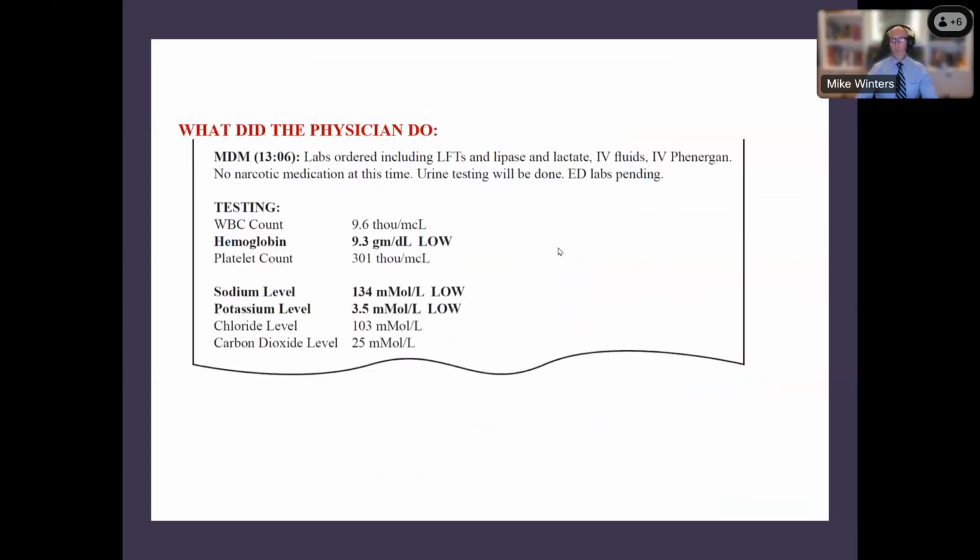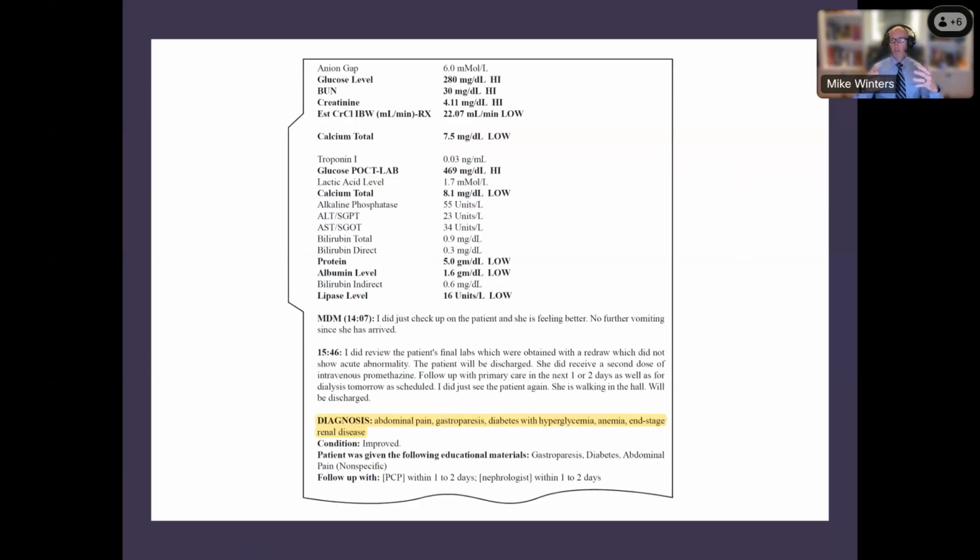And as a general rule, those that work with me, especially our residents and fellows, know that to coin a phrase by one of my colleagues you all know very well, Dr. Matu, I personally tried to be more of a sniper with labs and imaging rather than a shotgun approach. And wearing my hat from a clinical affairs standpoint and also thinking about ED operations, as you just mentioned, Mike, every test, whether it's lab or whether it's imaging, comes at a cost. Sure, there's a financial cost involved in that, but it comes at a cost of potential adverse events with the patient. It also comes at a cost of prolonging turnaround times, prolonging ED throughput.